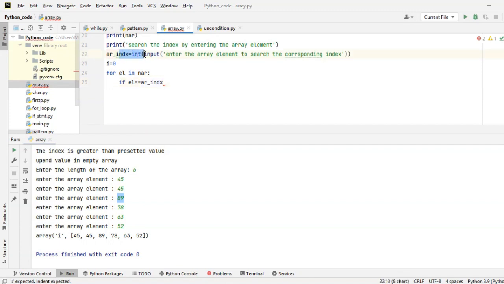This is the value of the element we are going to enter from the keyboard. And if the element in this array is exactly matched with the element entered from the keyboard,